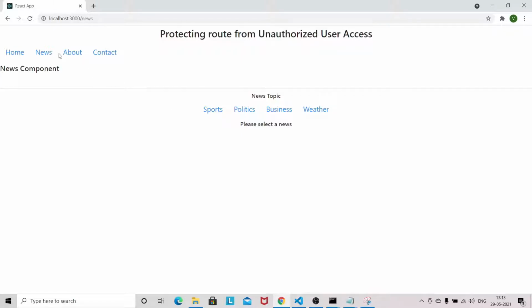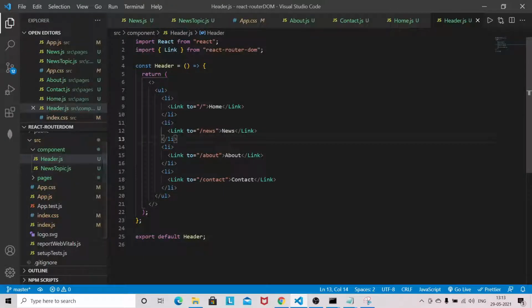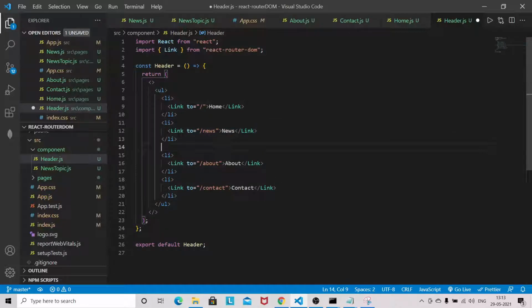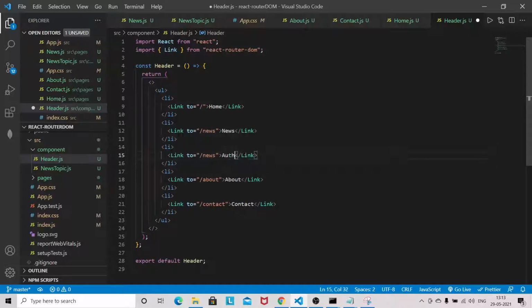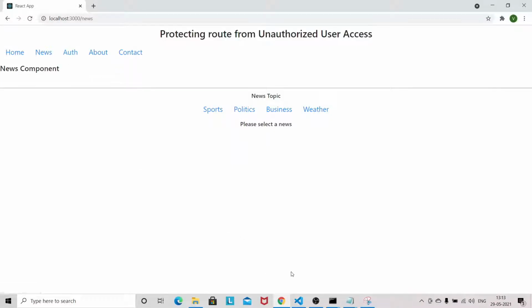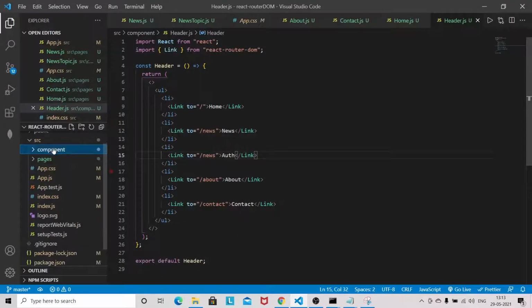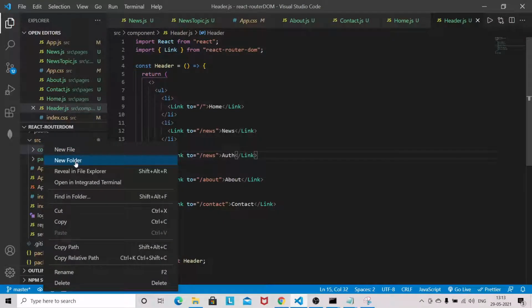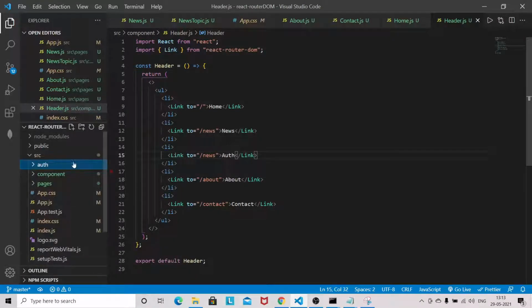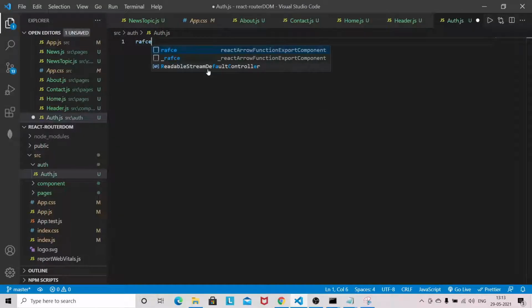Now I will add one header, an auth link. I will provide one auth navigation here. So first I will just copy from here, and add auth. So we will have one auth link. Now we'll be creating one separate folder, an auth folder, and I will create auth.js.